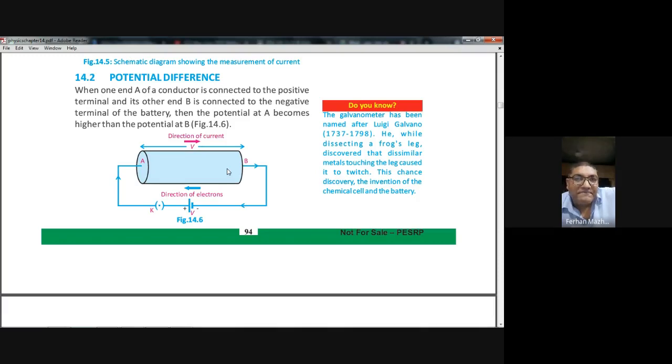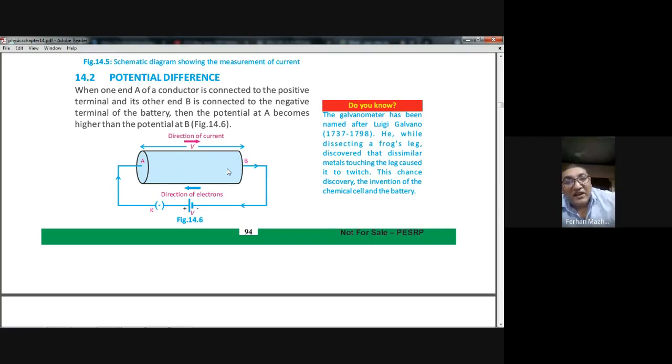And for example, if you connect two cells together, what will happen? Their voltage will increase. If you put the positive with the negative of the second cell, their voltage will become 3 volt, 1.5 plus 1.5. 3 volt is also good. You can touch it, it's no problem. So potential difference basically means energy. You can take it as energy, but actually it means energy per unit charge.